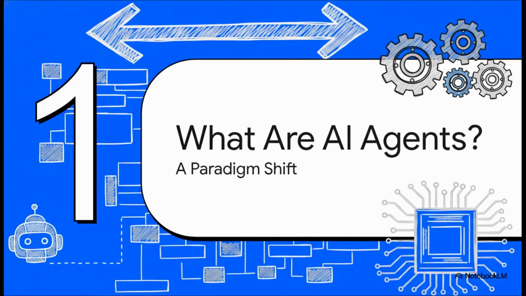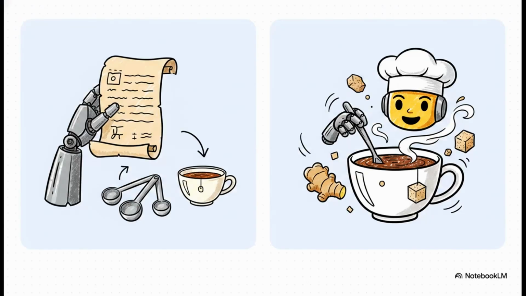What are AI agents? So, this isn't just a minor update to existing tech, right? It's a complete ground-up shift in how we build software. Think about traditional software like a super rigid recipe. If you want tea, you have to explicitly instruct the software to boil water, add the leaves, and add the sugar. If you forget to code in add ginger, it is absolutely not adding ginger, no matter how freezing cold it is outside. It follows exact steps and literally cannot deviate.